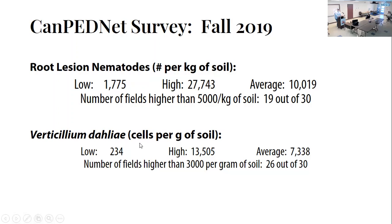The same way, the verticillium, this is done using PCR, and we're measuring cells per gram of soil. And in this case, we had a low of 234, which is actually quite low. And this was in a field that hadn't had potatoes in it in 20 years. And then a high of over 13,500. And this would be probably one of the tighter rotation, 2 or 2.5 crop rotation fields, and an average of